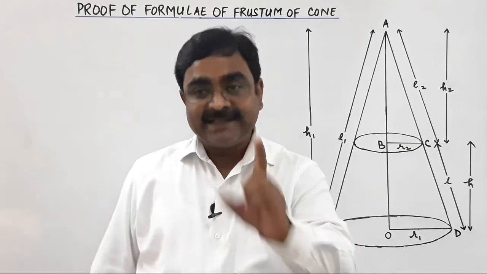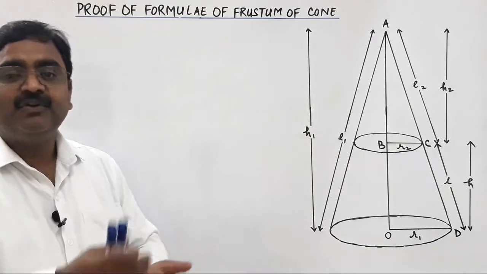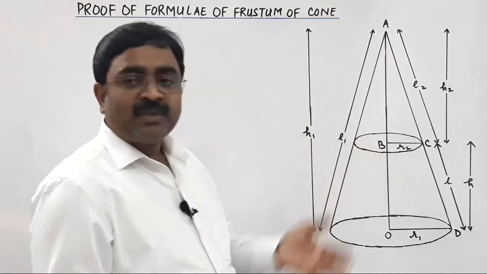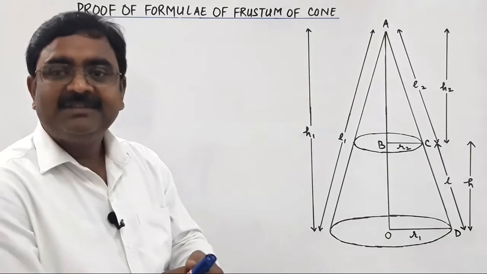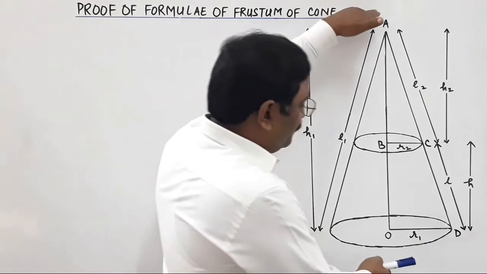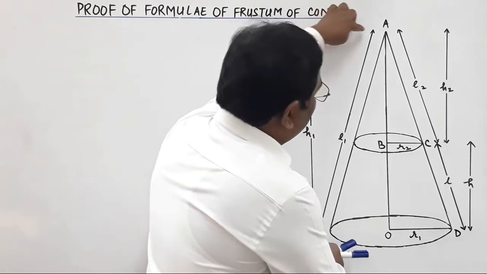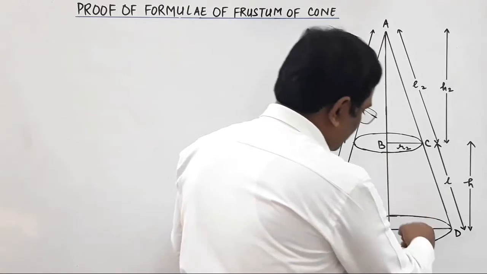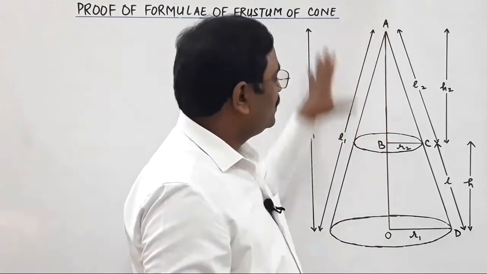So don't go anywhere, you have to check carefully. Let's see how to get the volume, curved surface area and the total surface area of the frustum of the cone. So with this, to prove this, I made a cone and after cutting it you will get a frustum of cone. Means this is the full cone having height h1, slant height l1 and the radius of the base is r1. This is all about the full cone.